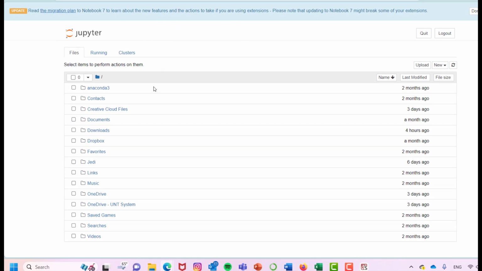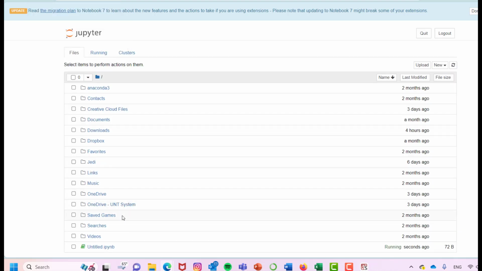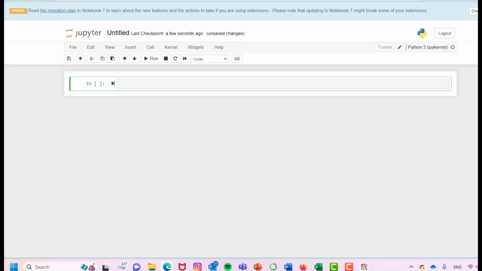First of all, you have to pick the folder where you want to open the Jupyter file. Let's say you want to open here. So go to New and then click on Python 3. And then that will open a file under this folder. But if you want to change the folder, you have to go to that specific folder and open the Python there. So right now I'm opening here. So as you can see, my folder is called Untitled and it is here. So I'm going to change the name to,